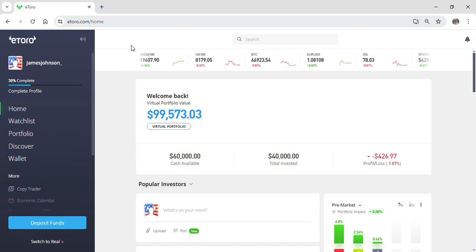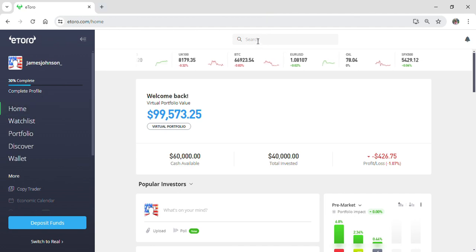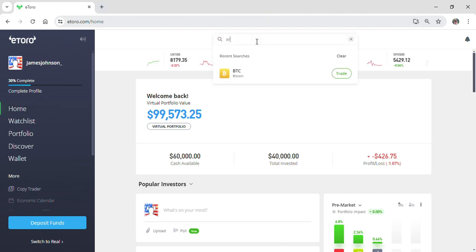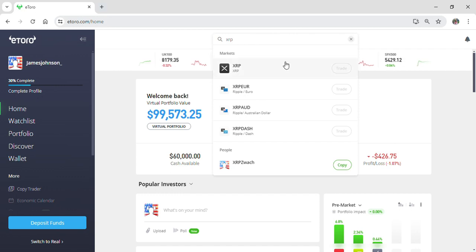After logging into your account, you will be on the home page of eToro. From here, simply go into the search box and type XRP, and you can see that the XRP option will appear, and beside it there is a trade option as well. Right now it is not letting me trade on it because of previous issues, but it may be different on your own laptop or your own device. To trade XRP, simply click on the trade option, and after that you will be able to trade